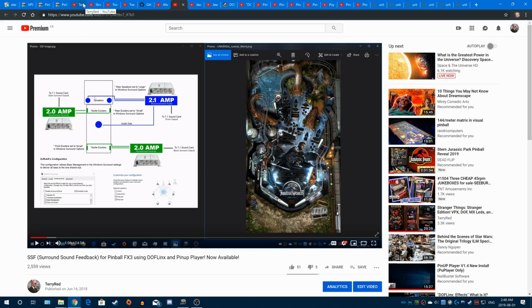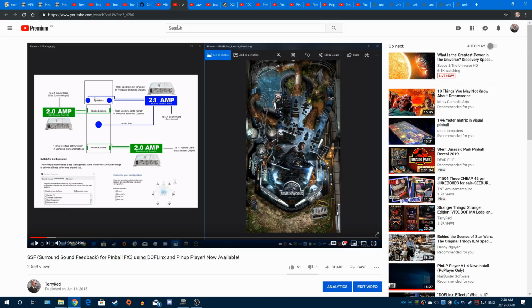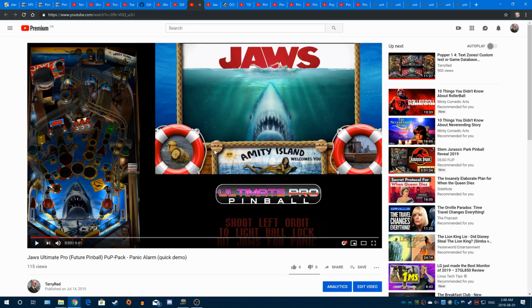So if you're playing with an actual cabinet, they would be inside of here, and you'll hear the sounds wherever the ball's moving, or wherever the flippers are. It's very cool. It's hard to describe until you actually play it. But instead of having it on your back box speakers, you're hearing it inside the cabinet. Very cool. And then, of course, you can use it for Future Pinball as well,